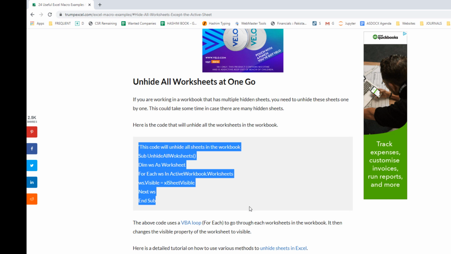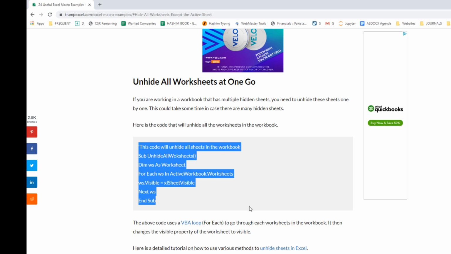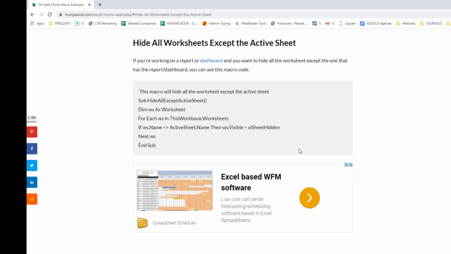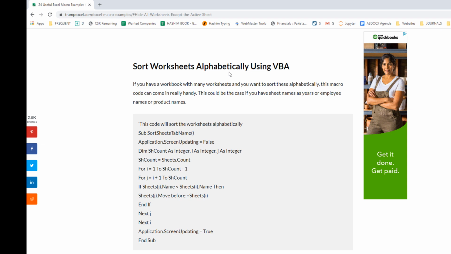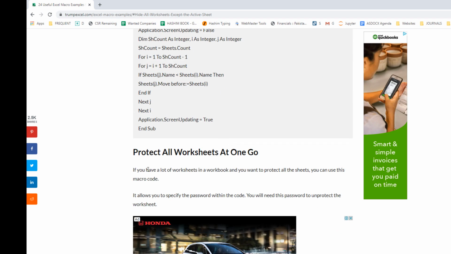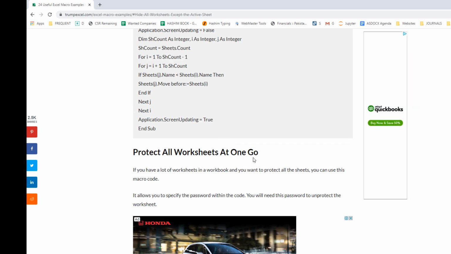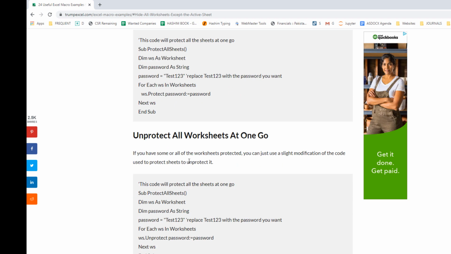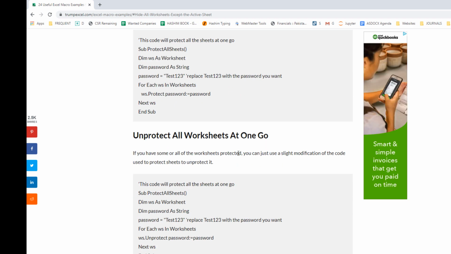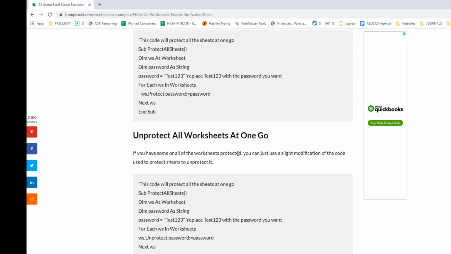And there are lots of useful macros on the internet, each one performing a different task. For example, hide all worksheet, sort worksheet alphabetically, that is also possible. Protect all worksheet at one go, it is possible.